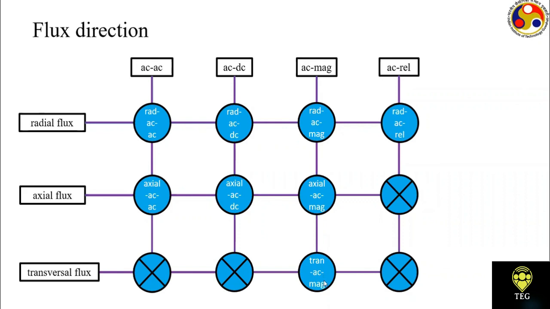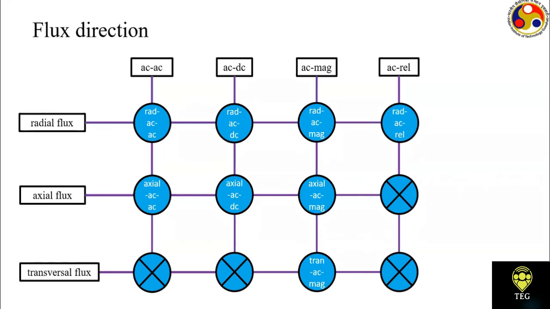We can have a transversal flux machine if one of the excitations is AC and the other one is using a magnet. Only for this special case can we have a transversal flux machine. Similarly, we cannot have a transversal flux machine if you want to produce reluctance torque. Transversal flux machines, as a matter of principle, can produce only electromagnetic torque. For these machines to operate, we can have an AC excitation either on the stator or on the rotor, it doesn't matter. And the other source of magnetic field should be from the permanent magnets.